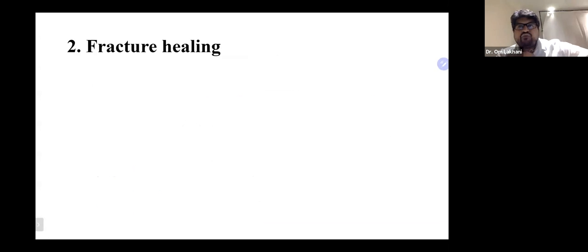Secondly, fracture healing. Everybody in this group knows that orthopedic surgeons, including the sponsors of this event, use teriparatide for fracture healing. The problem is, conceptually it is very true. Conceptually, it does work. The only catch is we don't have very good data for it. But it does work. So if you have an osteoporotic fracture, you can start the patient on teriparatide. It will actually improve the bone healing also.